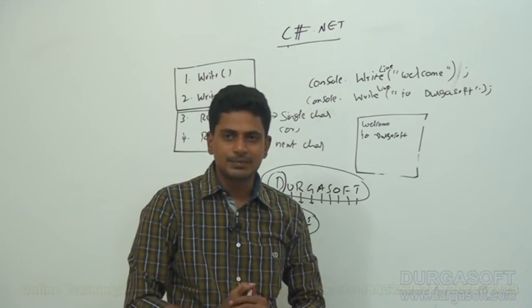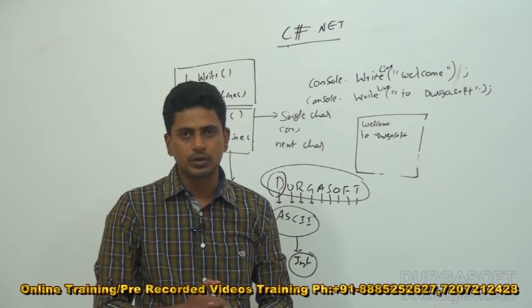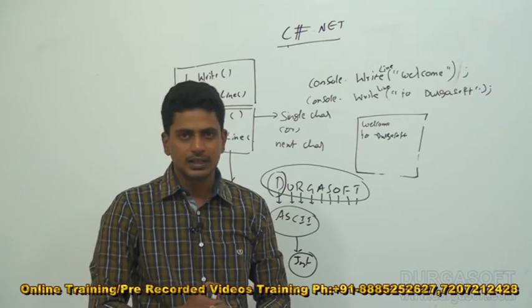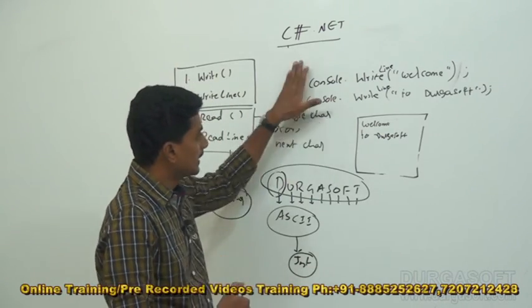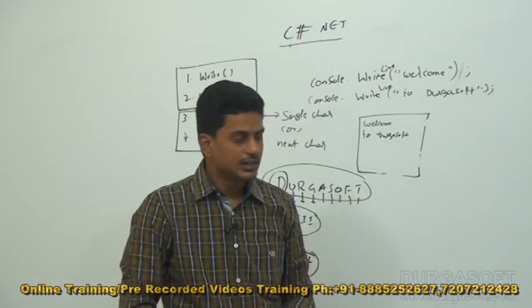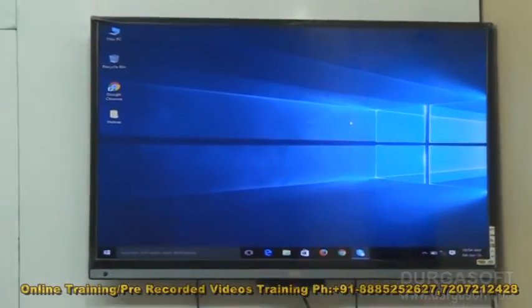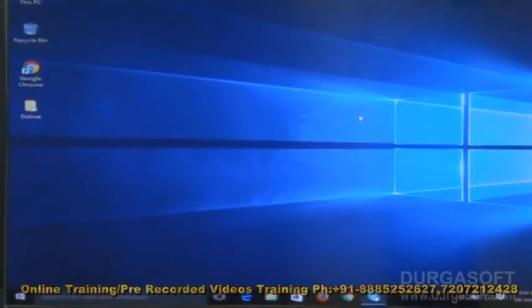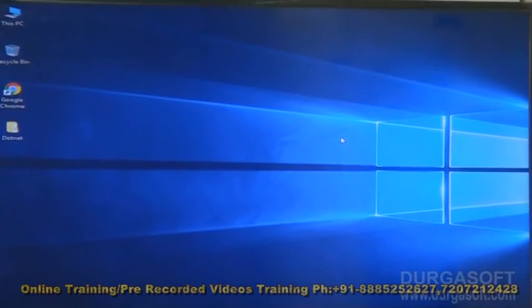As you know, if you want to create any type of application, we need an editor tool, that is called the Visual Studio editor tool. So we will open Visual Studio, then after that we will go for creating a console application. Now we will check it out here. Let's create a simple application. We will see now how to create an application in Visual Studio, that is called a console application.